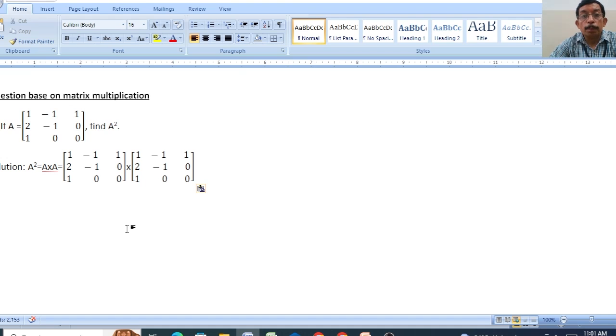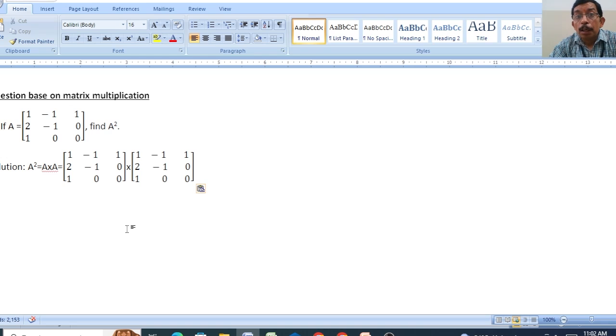First we check whether the multiplication exists or not. Yes, the multiplication exists. Now we multiply both matrices. The procedure is that each row is multiplied by the columns, one by one. If we take the first row of the first matrix, we multiply it with each column. How many columns are in the second matrix? Three columns. So the first row is multiplied one by one with the 3 columns, and then we get the first row elements of the new matrix.